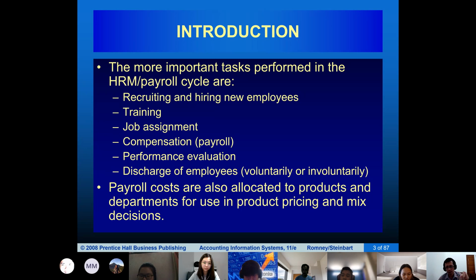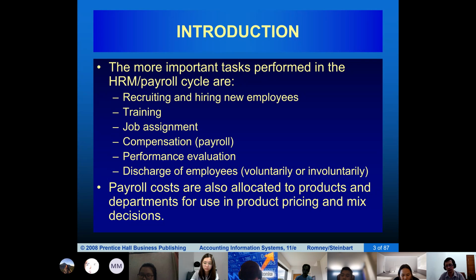If they pass, that assessment will also take into consideration what's the best field for that employee. Is it accounting? Is it finance? Is it human resource, production, sales, or any other? And then they will assign a job based on that.